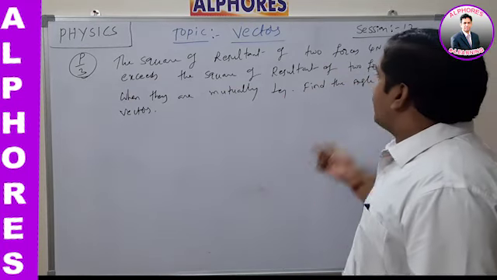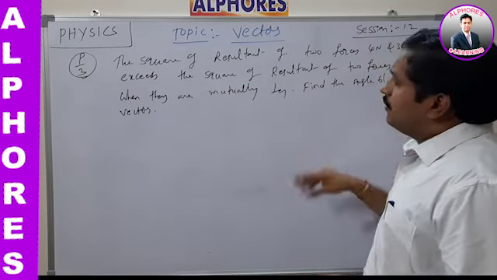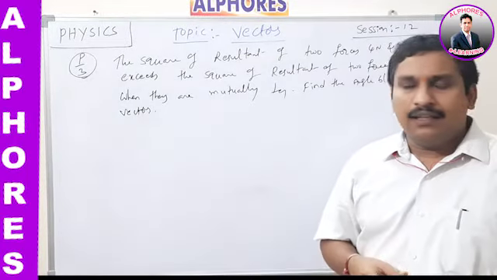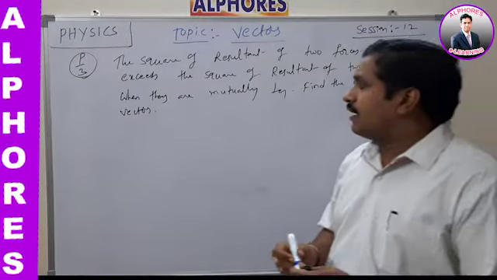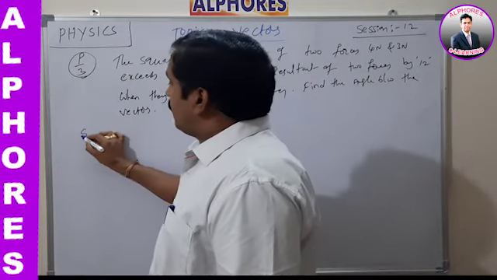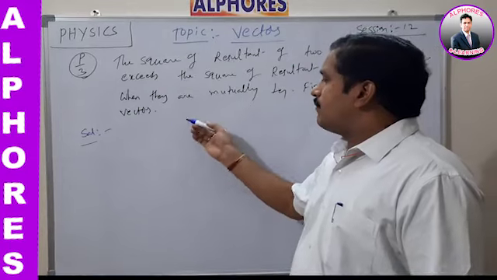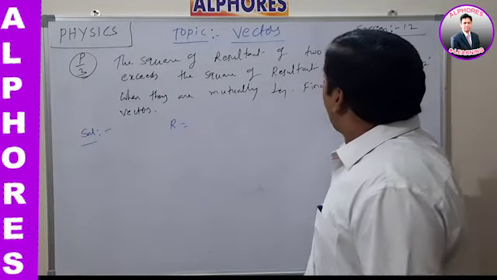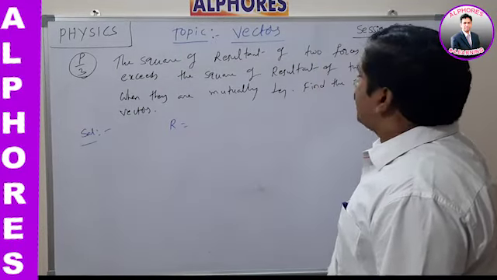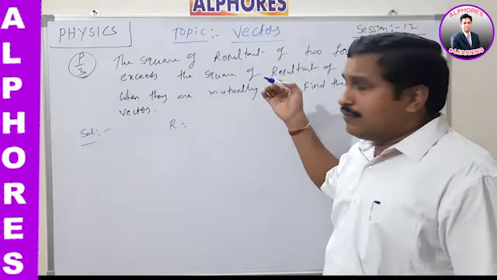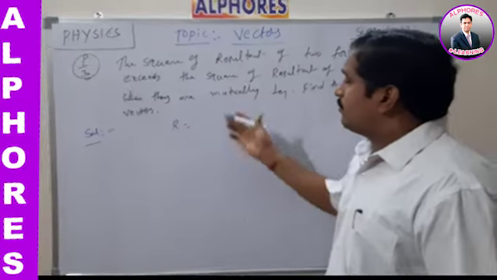That means generally, this is F1 and this is F2. These two forces are inclined at a certain angle. Then what is the resultant actually? The actual formula: I have to go with the solution of the above question. In place of 4 Newton I can take P, and in place of 3 Newton I take Q. P and Q are the two forces.